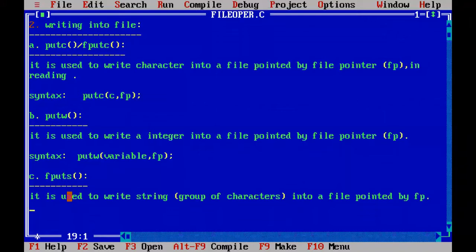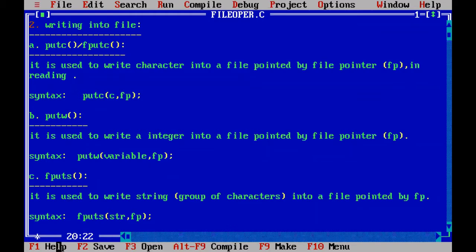What is the syntax? Syntax is fputs. How many arguments is it going to take? It will take the string name, str, the string variable name, and the second argument is a file pointer pointing to a file.